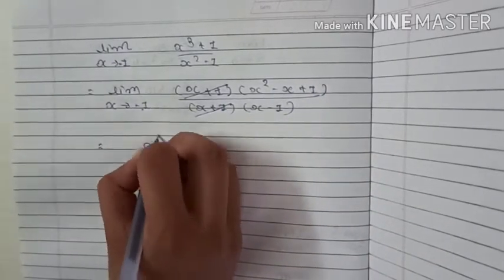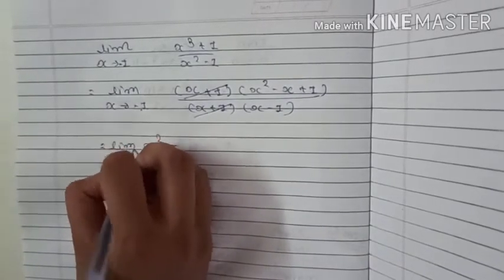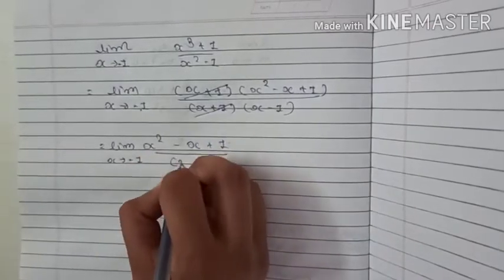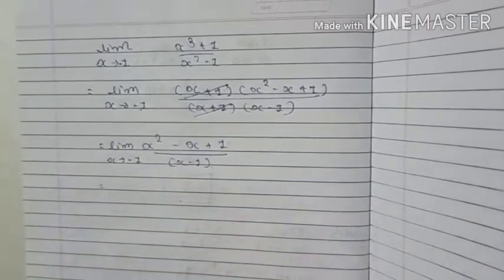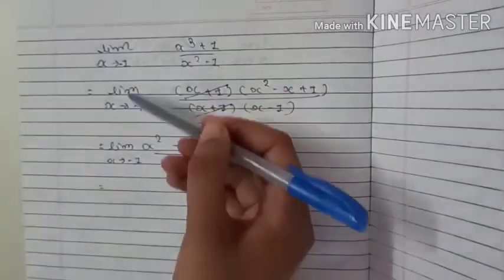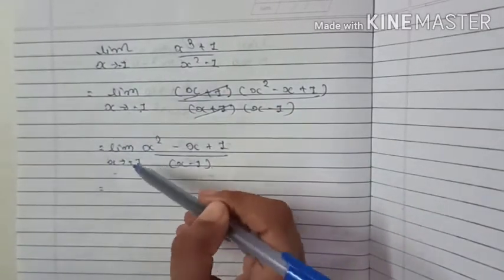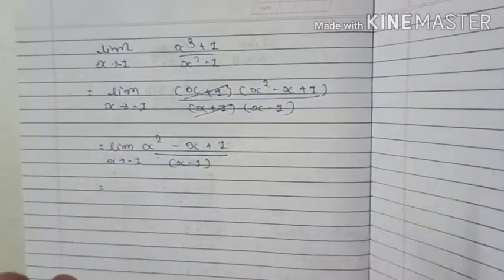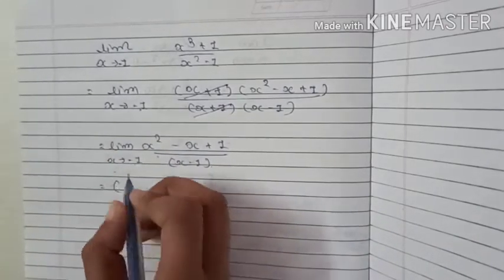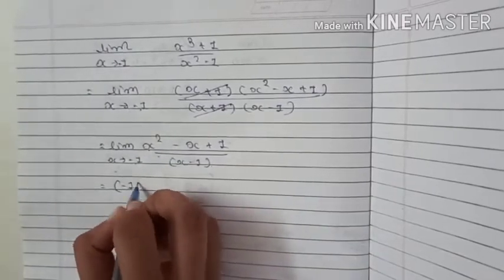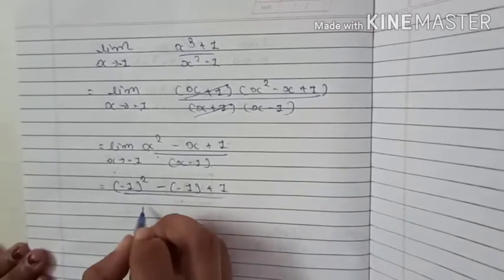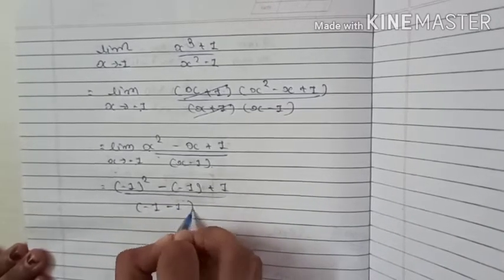So limit x tends to minus 1, x plus 1 upon x minus 1. While we are putting x is equals to minus 1, up to that you have to write this thing, limit x tends to minus 1. Whenever you are putting the value of x, we will not write the limit here. So we directly write x is equals to minus 1 square minus 1 plus 1 upon minus 1, right?